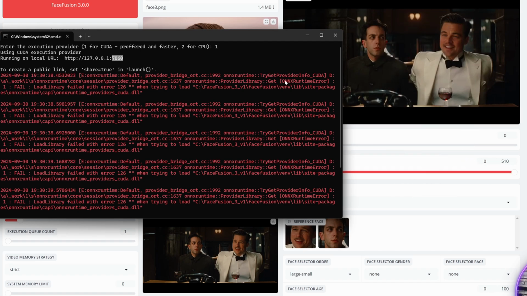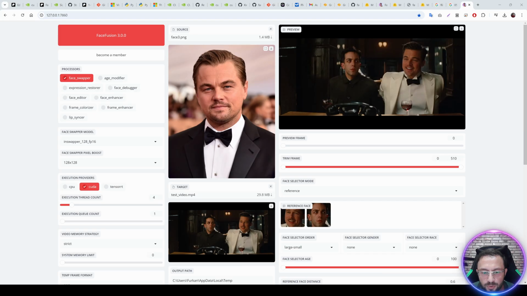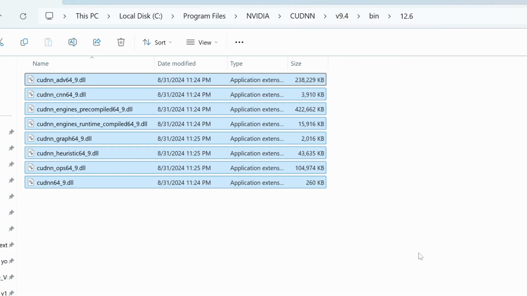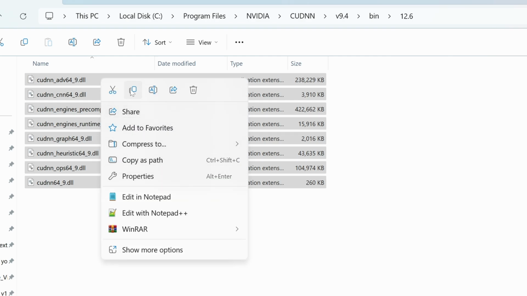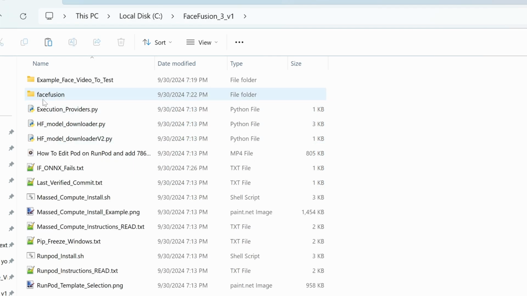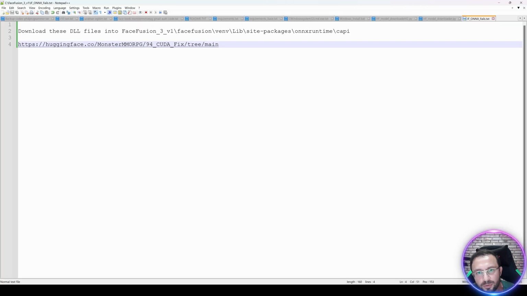These are CUDNN 9.4. So let's close this CMD and go back to your CUDNN 9.4 installation. You see it was here, CUDNN 9.4 binary. So let's copy all of them from here, and you need to put them inside the Face Fusion folder. By the way, I added a txt file, so it also shows the path where you need to put them.